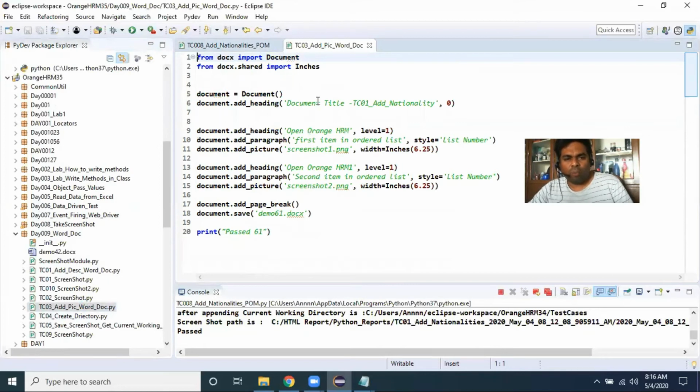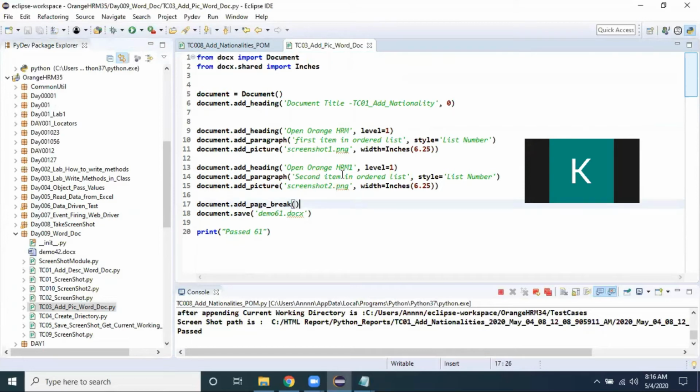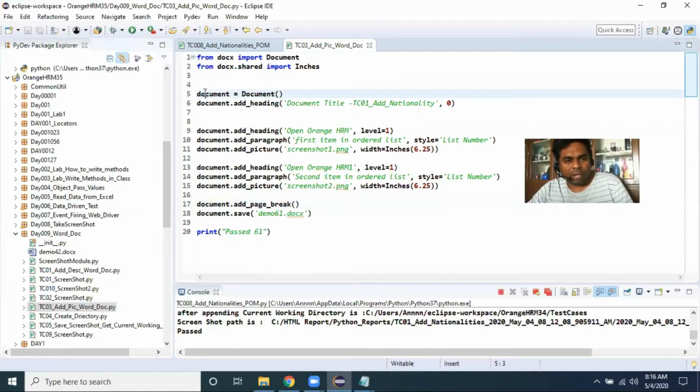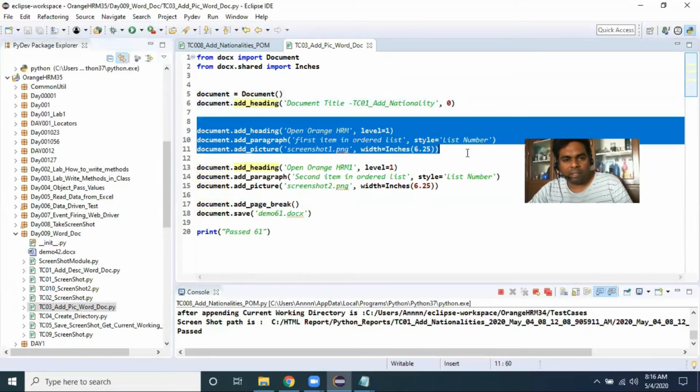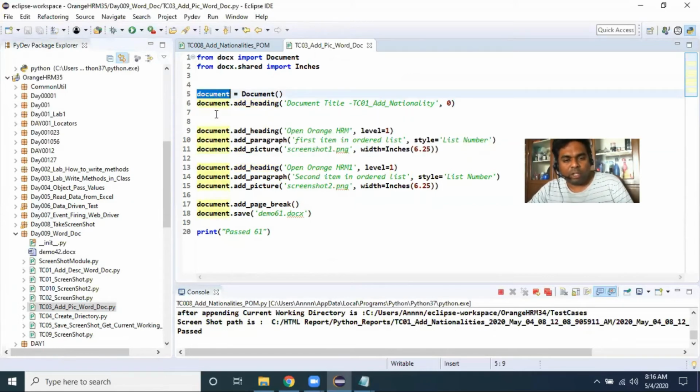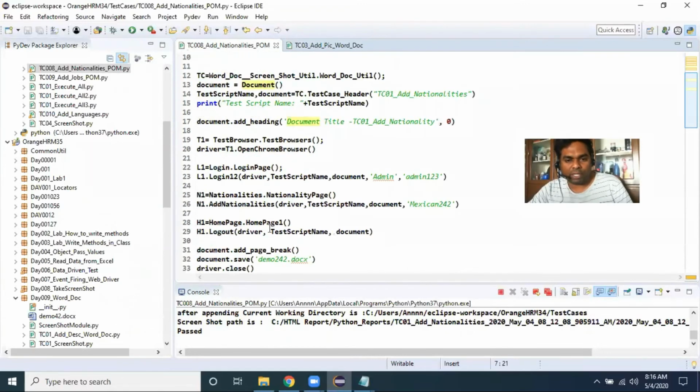To develop the document, these are the two supporting class files we are importing. To create a document, first of all, I'm creating a document object, and then document add heading, and these are the lines of code we are adding. This document object I need to pass from my current Python file so that appending will be done in the same document. We want to retain the same document for appending purposes, so I need to append to the same Word document. That's the reason I'm forwarding the same object to the login one too.